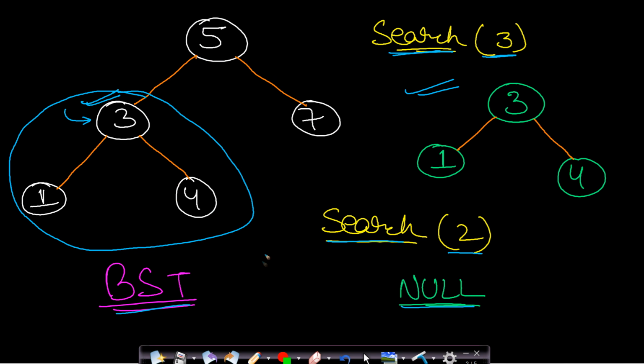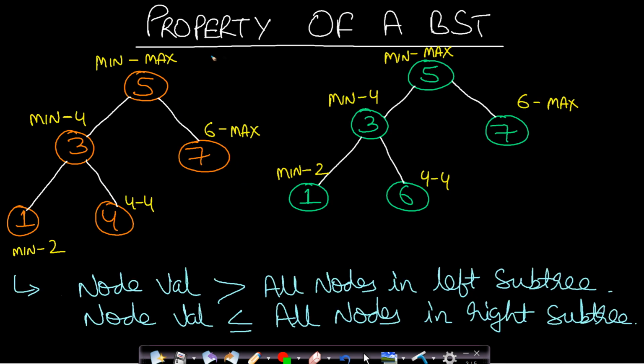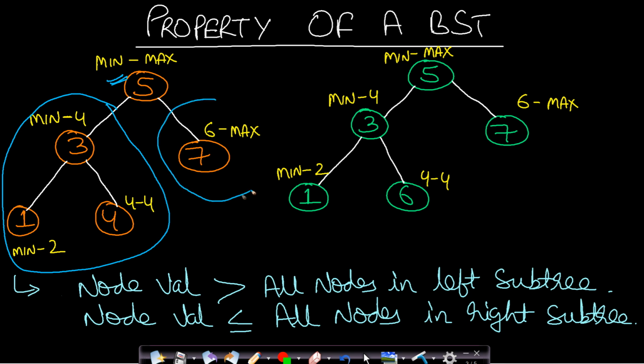Now before moving on to the solution, we should first see the property of a BST. If you are at a given node, let us say you are at this node 5, then all the values in the left subtree should be less than the given node 5 and all the values in the right subtree should be greater than the given value 5. So this is a property of a BST. Otherwise, if you have some duplicate keys, then you can assume that all the values in the right subtree will be greater than or equal to this root node. This should hold true for each and every node.